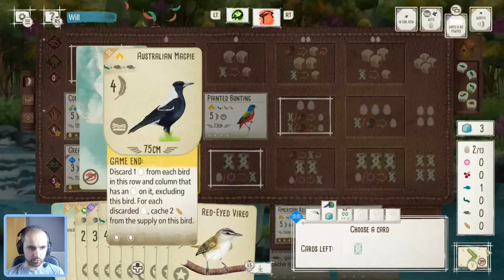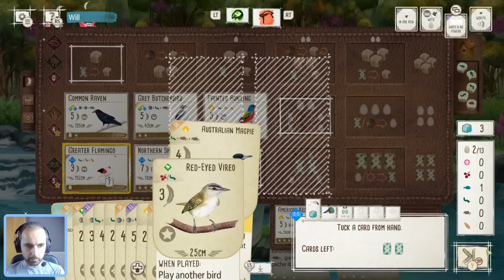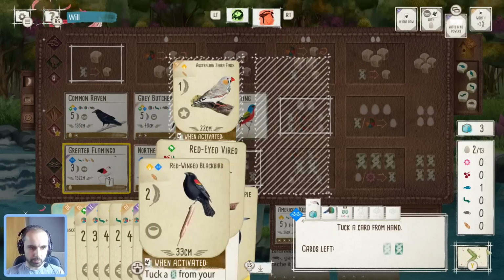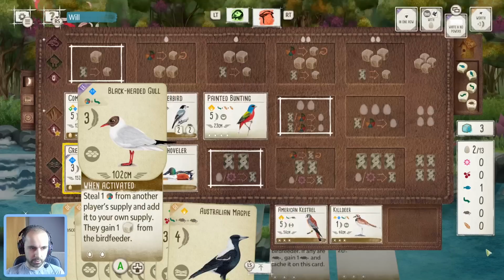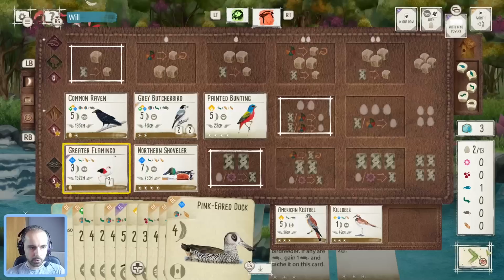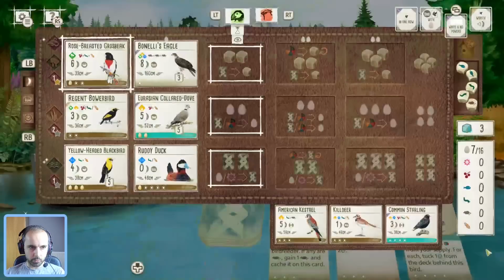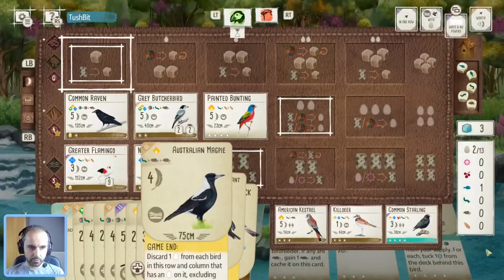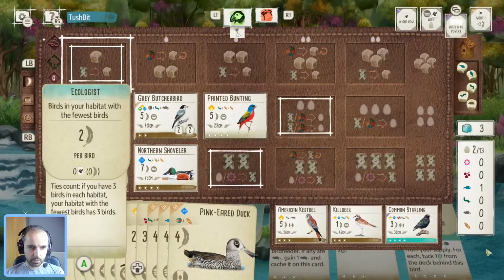Let's get another card off the Shoveler. And okay, this is kind of interesting, this Magpie. What do I not want? Probably you, and probably I don't think Black-headed Gull's going to get played, so draw some more cards. Starling would also be interesting. Might be a bit overkill if my opponent has already got one of those tucking birds in play, but yeah,